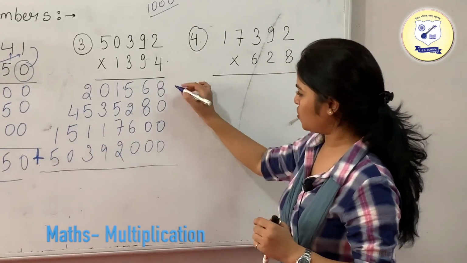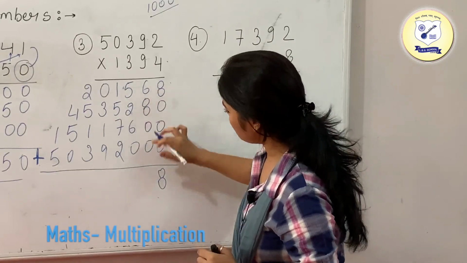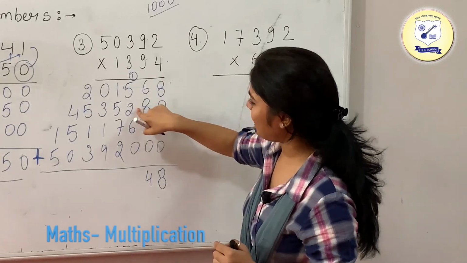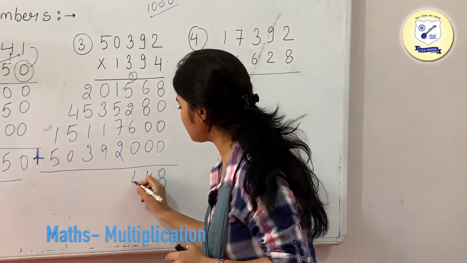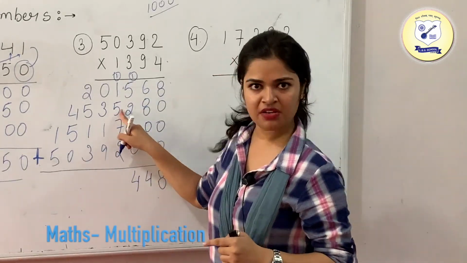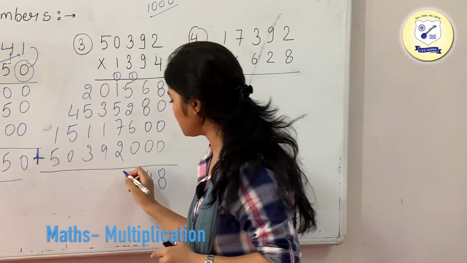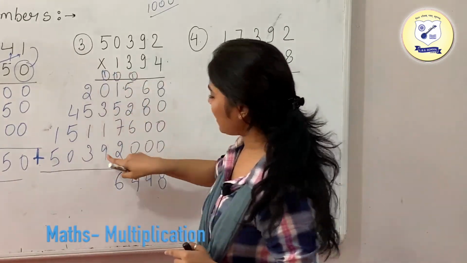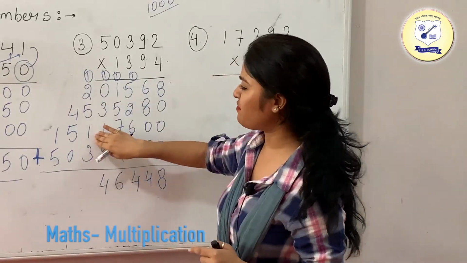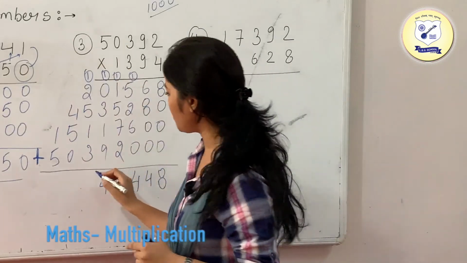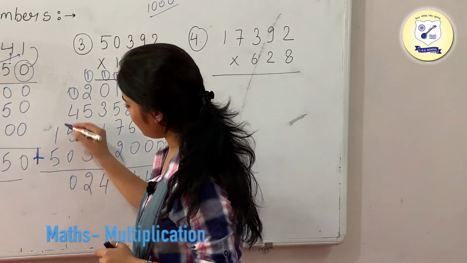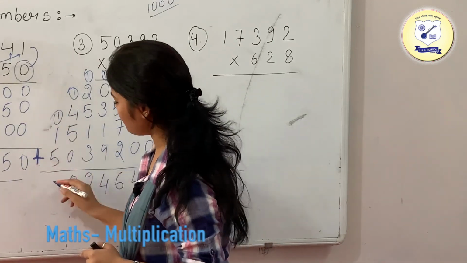Okay. So this is going to be your 8. This is going to be your 8 plus 6 is 14. Okay. 6 plus 2 is 8. 8 plus 5 is 13. 13 plus 1 is 14. 7 plus 2 is 9. 9 plus 5 is 14. 14 plus 1 is 15 and plus 1 is 16. 9 plus 1 10. 10 plus 4 is 14. 3 plus 1 4. 4 plus 5 9. 9 plus 3 is your 12. 5 plus 4 9. 9 plus 1 is 10. 5 plus 1 6. 6 plus 1 is 7.